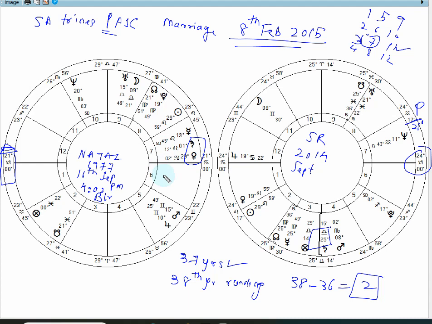So 7th Lord in the solar return chart is trining the profected ascendant. The 7th lord is also trining the bound lord Venus, and Venus as such, being the bound lord, carries themes of marriage. Hence, it gives a very strong indication of this person getting married this year, because there is a strong